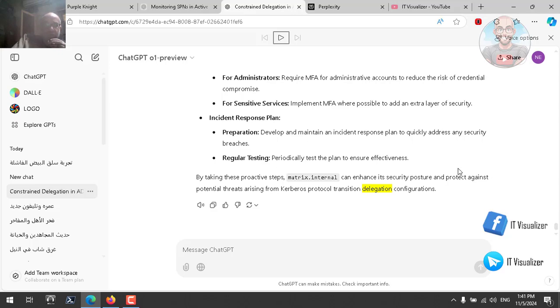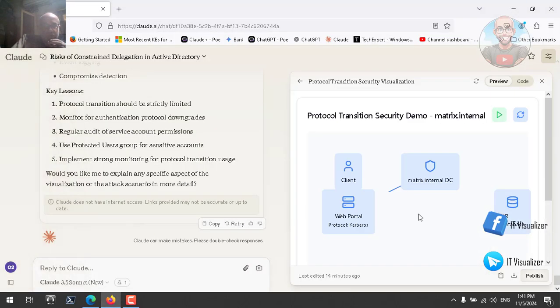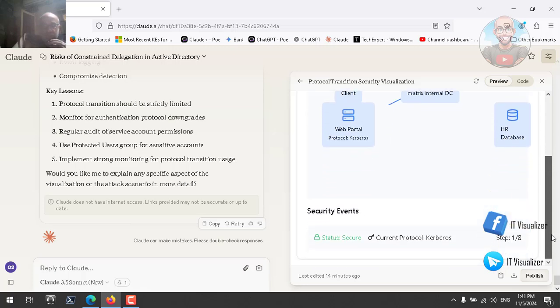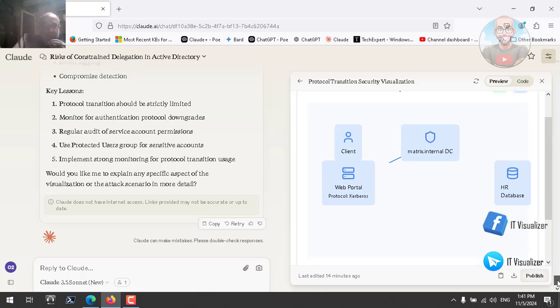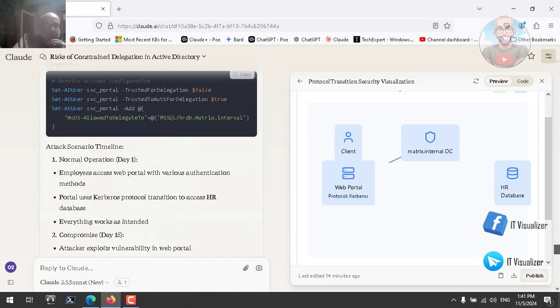Okay, so this is the answer. It's a little bit long and repetitive, but the example is very clear, and it is more clear than the answer of Perplexity. If we go to Claude and see the answer, you can see here this is a diagram. It's talking about the client and the web portal using Kerberos, and then let's see what the answer is exactly, so we can understand